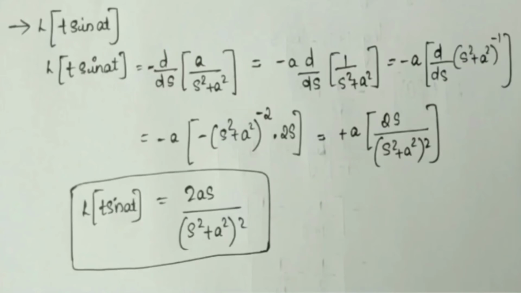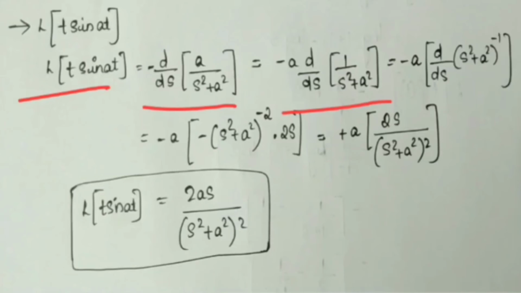Now, let's see how we can take the Laplace transform of t sin at. This is also of the format t raised to n f of t with n is equal to 1. So, Laplace of t sin at is equal to minus 1 raised to 1, that is minus d by ds of a by s square plus a square. Why a by s square plus a square? Because Laplace of sin at is a by s square plus a square. Now, we will take this constant outside. So, minus a d by ds of 1 by s square plus a square,